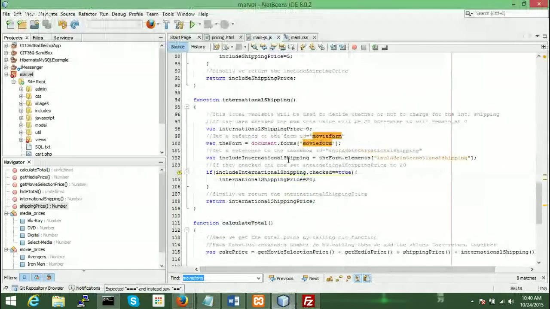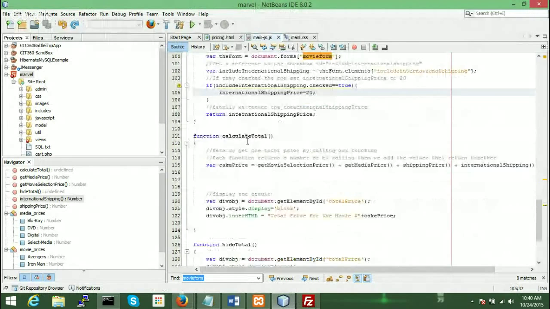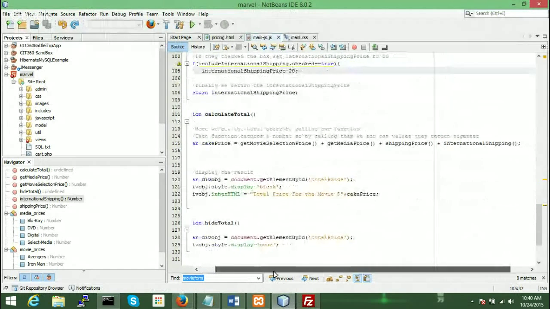So the next one, international shipping, is the exact same way. It's a Boolean command again, and it's just whether or not you've actually checked the box for international shipping. And then, like I said, we come down here to our calculate total,